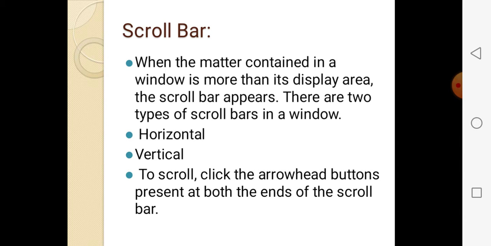So this way, up, down and left and right, you can scroll the scroll bar and you can see the content. But the scroll bar is used when your matter content is more than your display area, right, at that time this scroll bar appears, and there are two types, horizontal and vertical.